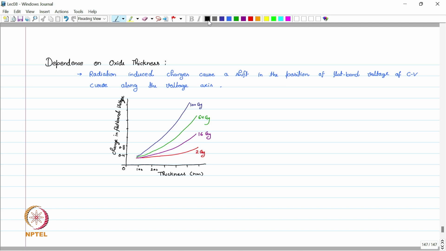So if we plot the other graph where we plot the charge versus thickness, because we know the charge Q is equal to epsilon naught A upon D into delta V. So this is nothing but the capacitance of the gate, epsilon naught K A upon D, and Q is equal to C delta V. So Q is proportional to all these factors, and if I plot Q on the y-axis in coulomb and the x-axis in thickness,